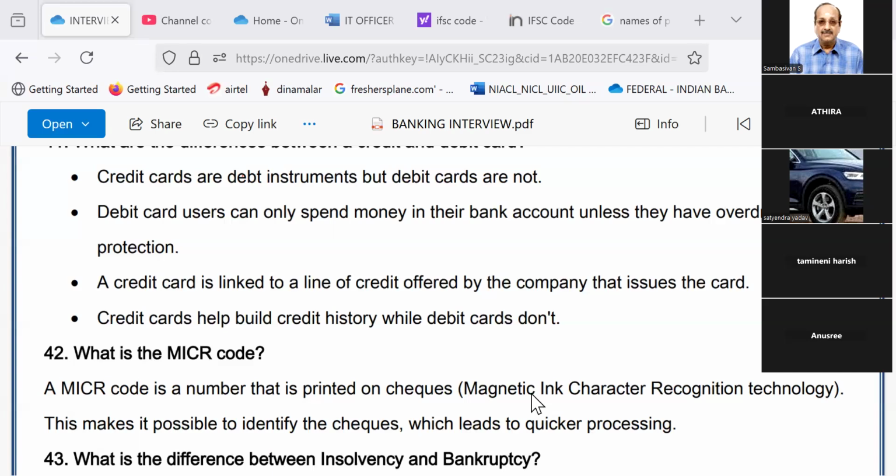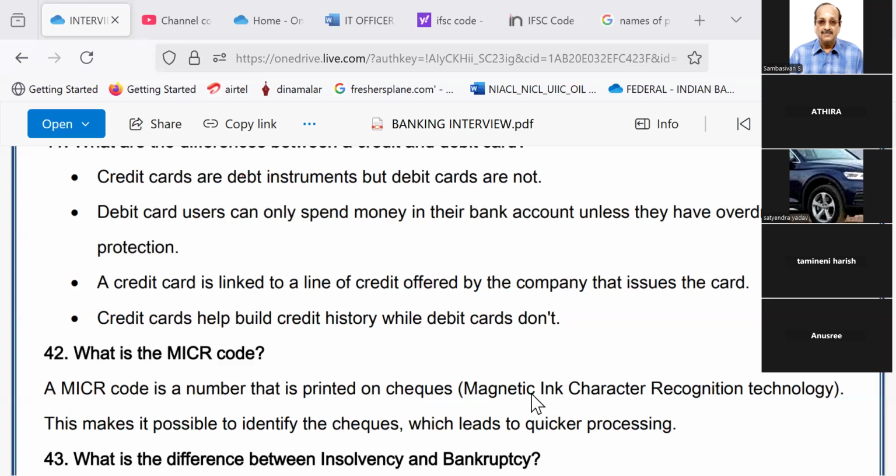Is CVV given on the face or where? Backside, sir. You should listen to the question properly. I asked what is given on the face. On the face is the credit card number, the months from which it is valid, the name of the credit card holder, the name of the bank which is issuing the credit card, and there will be a chip which contains details about your account. On the reverse is given the CVV.